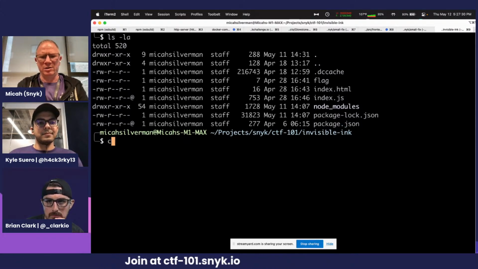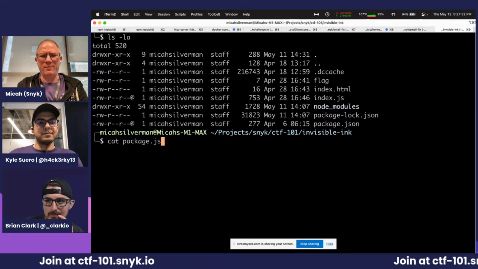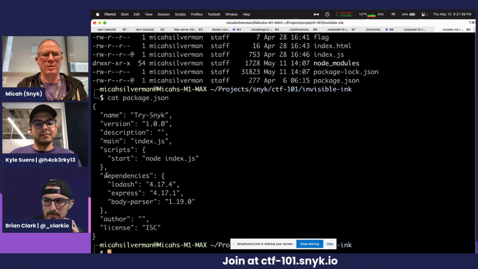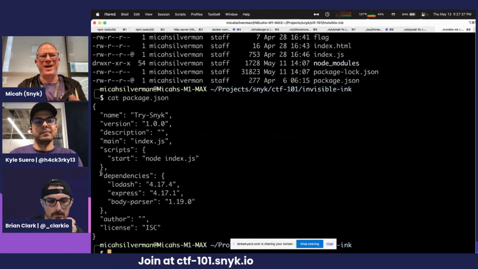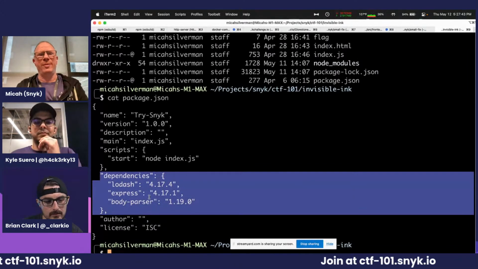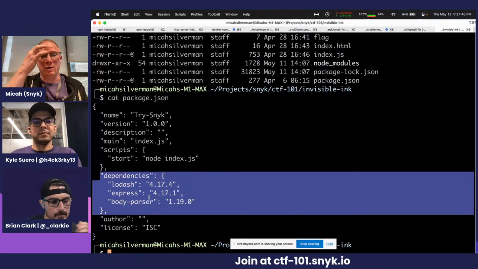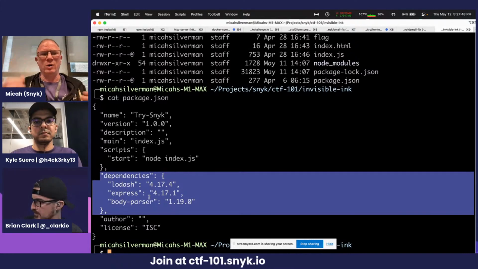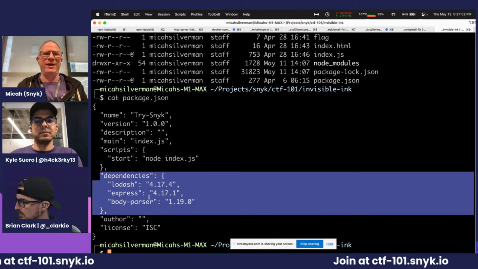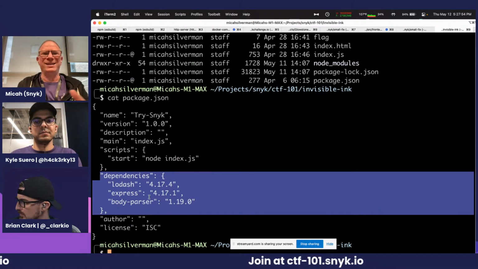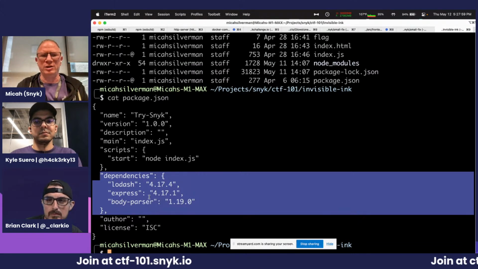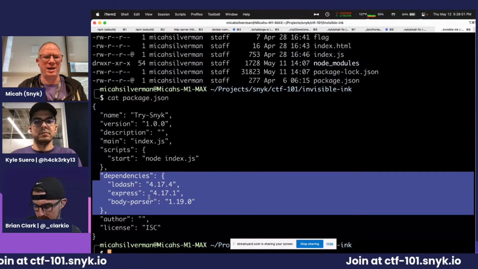And if you're not familiar with NPM or Node.js projects, in package.json the important bit here are these dependencies. This application that's running on the back end relies on these dependencies, one called Lodash, one called Express, one called Body Parser. And when you know information like this, there may be ways in to exploit this application in such a way that it reveals a